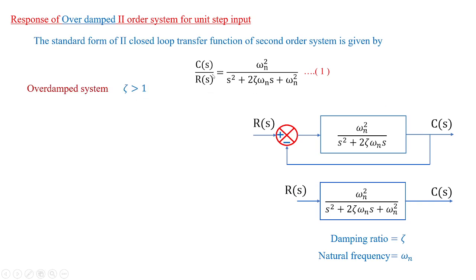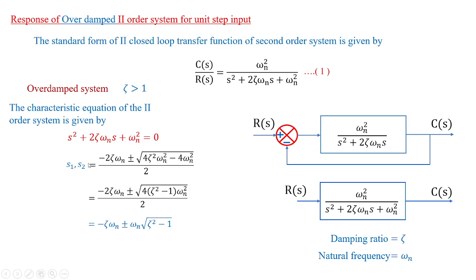You can see here we have a transfer function of a second order system, which is derived from the block diagram shown in this figure, and this is reduced to a simple system with damping ratio zeta and natural frequency omega n. For zeta greater than 1, if you take the roots of the characteristic equation, you get the roots s1, s2, which are given by minus zeta omega n plus or minus omega n under root of